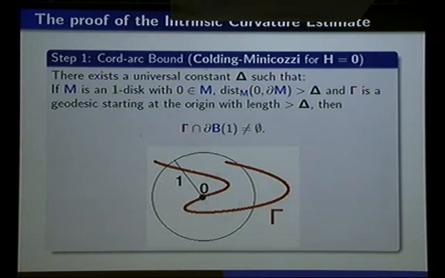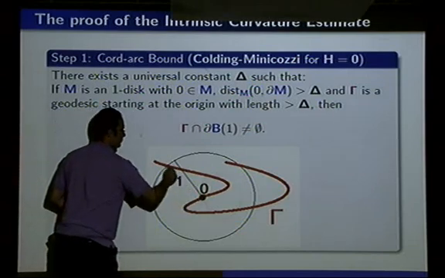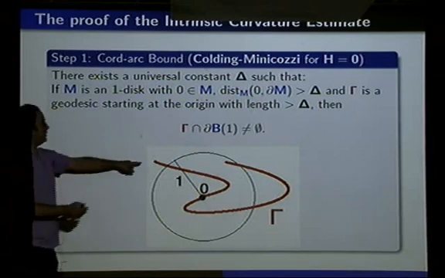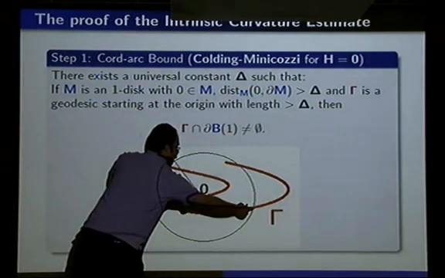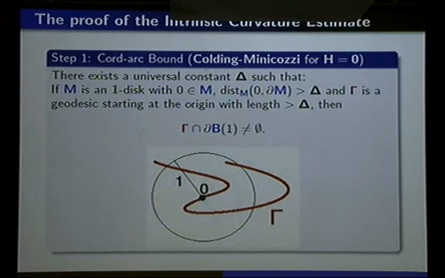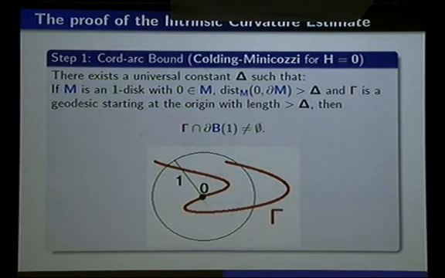So it's not exactly a chord arc, not exactly the reverse property, because the surface could come back. I mean, the geodesic could come back into the ball of radius 1, but at least what we know is that when we intersect, if we take this component, it has boundary on the boundary of the ball of radius 1, and if you throw away the rest, you get something which is contained in the ball of radius 1 with boundary in the boundary of the ball of radius 1. So this is the first step,